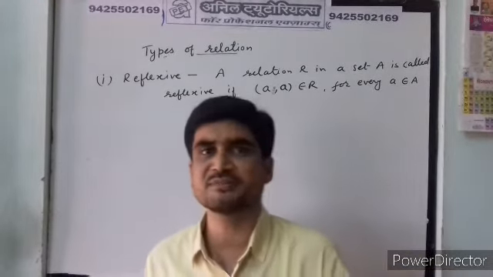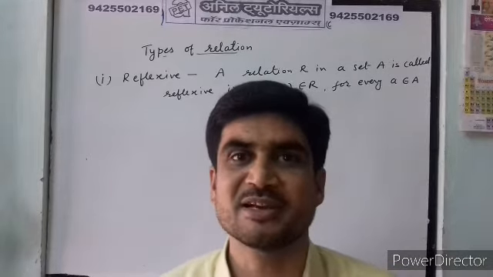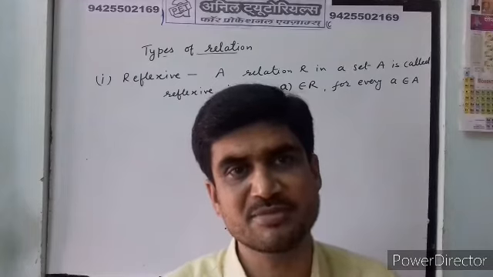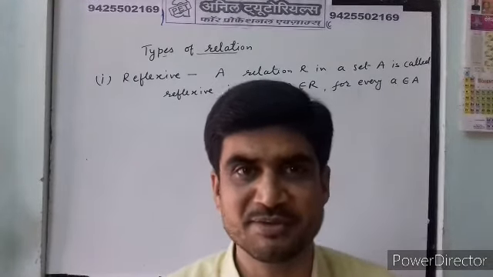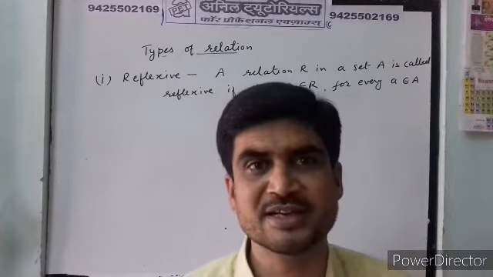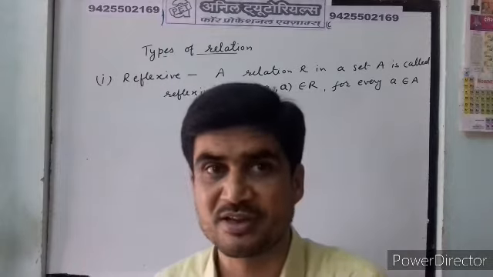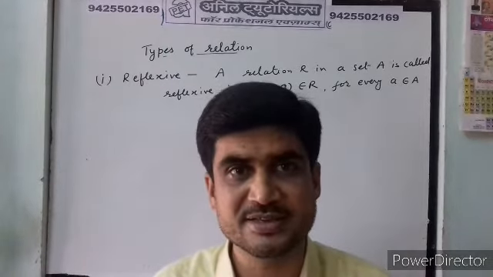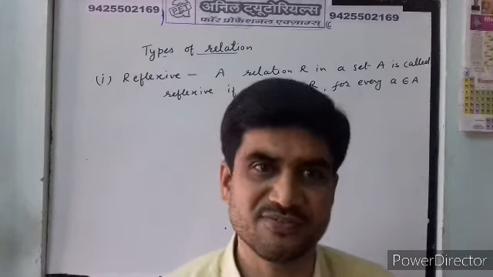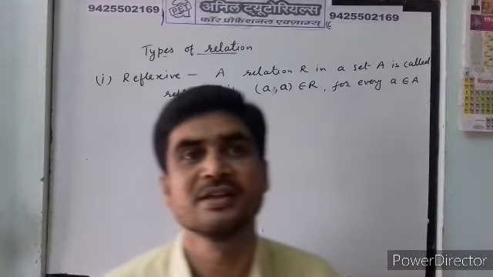See, a number is divisible. This is describing the relation. You know, each number is divided by itself. So always a number division means 4 is divided by 4, 3 is divided by 3. When you write like this, the relation is describing that the number is divisible by itself every time. So this type of relation is called reflexive. Now it is clear. So we will take some examples after.